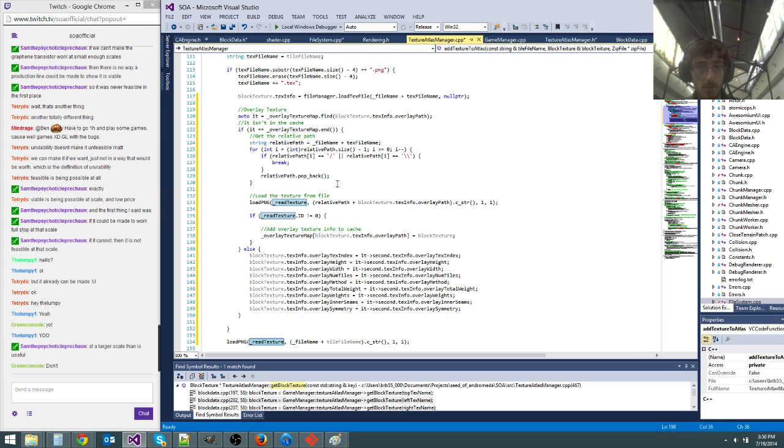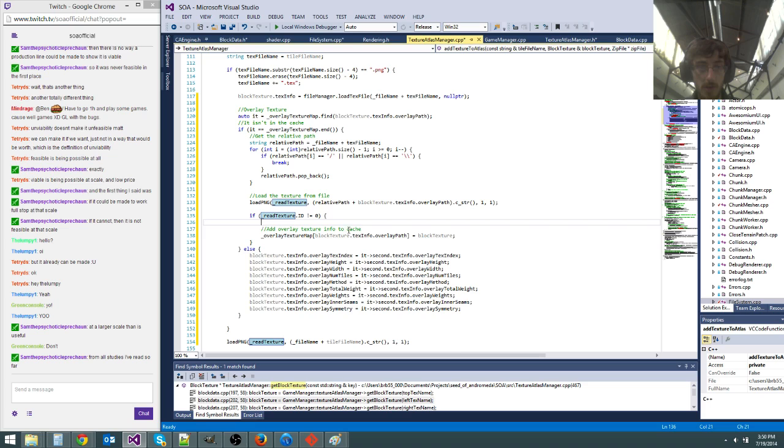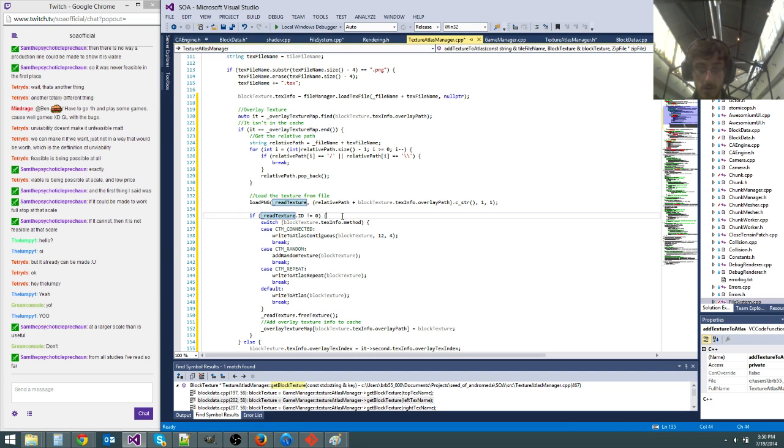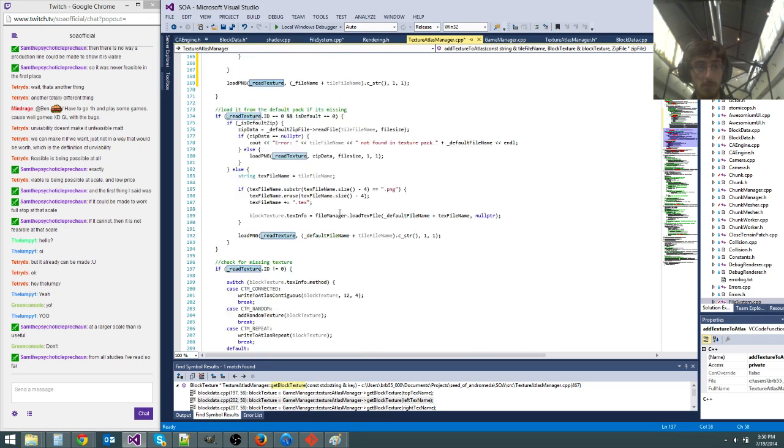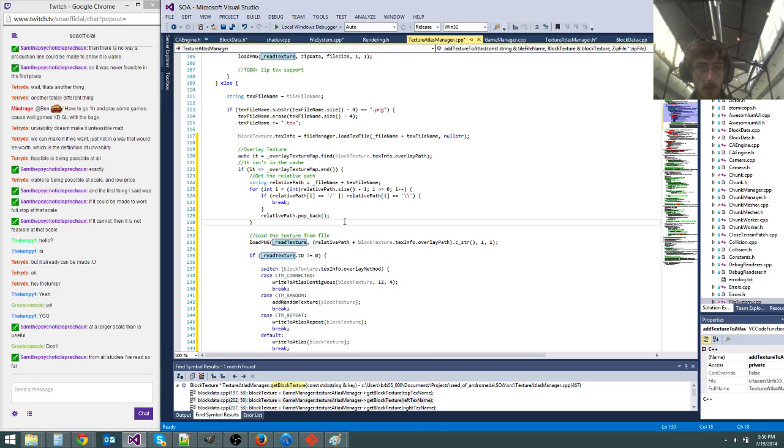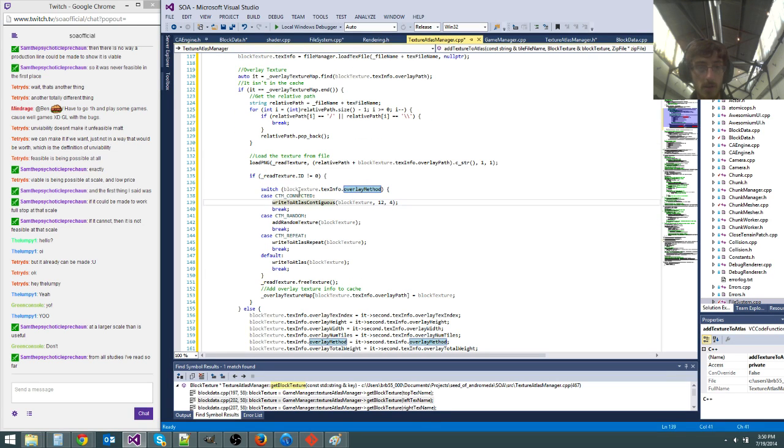Gotcha, past bin, I know what you're doing. Right here. So instead of method, we're using overlay method. And this function needs to be refactored a little bit more. I think it's getting a little too big. We have overlay method, and that's it. We just write it to the atlas, and that will give us